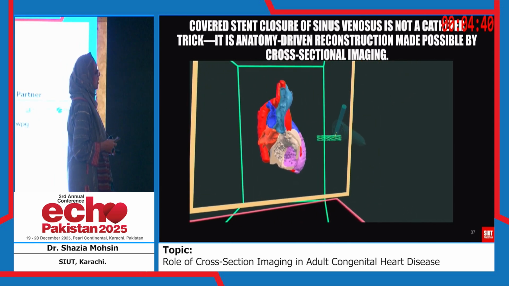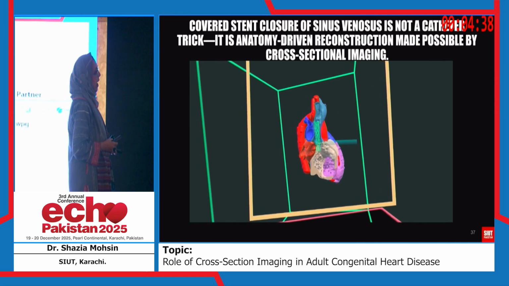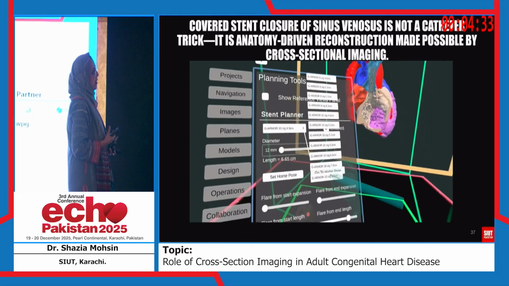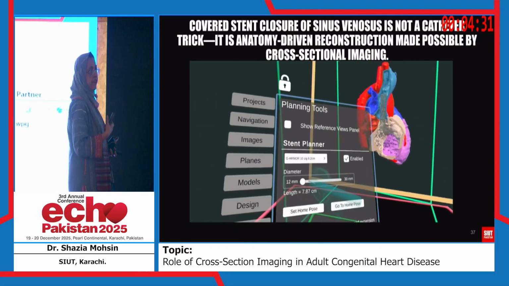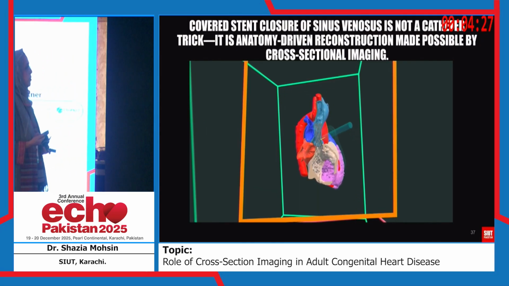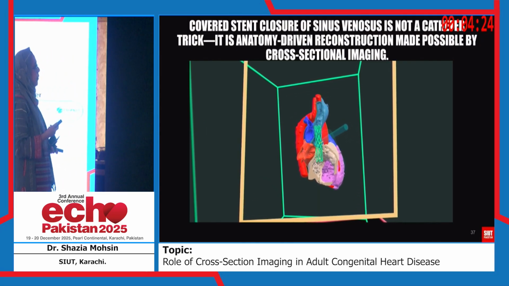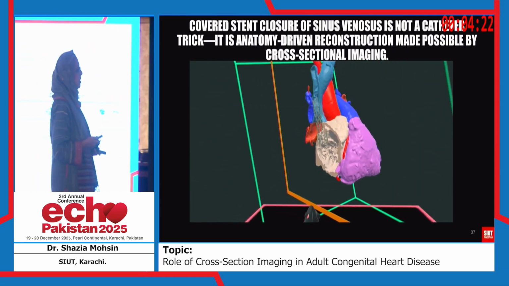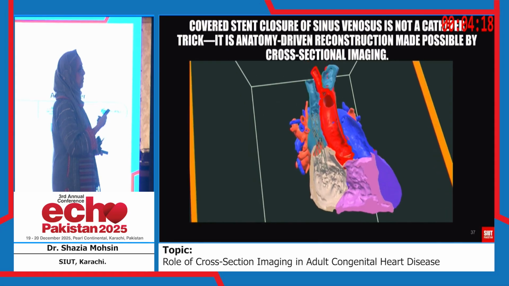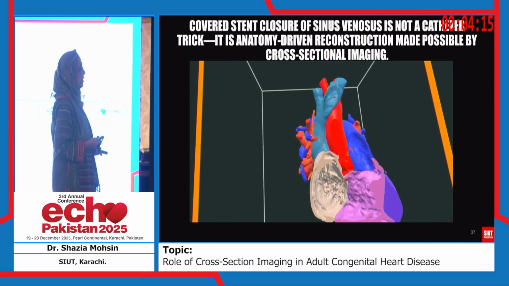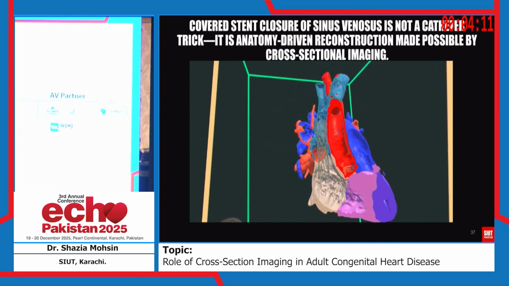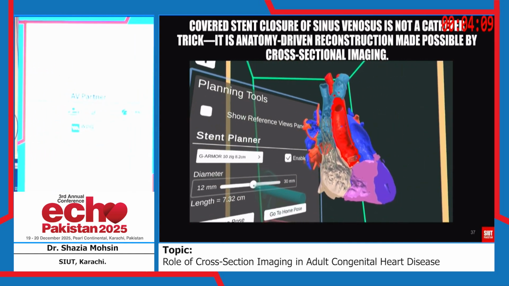We put the stent at the place of the SVC, and then increase the size of the stent in virtual reality to see if the pulmonary vein is getting obstructed, because the most important complication is obstruction of the pulmonary vein. We can do this with our interventional cardiologist and see how it looks. So this is how we can plan.